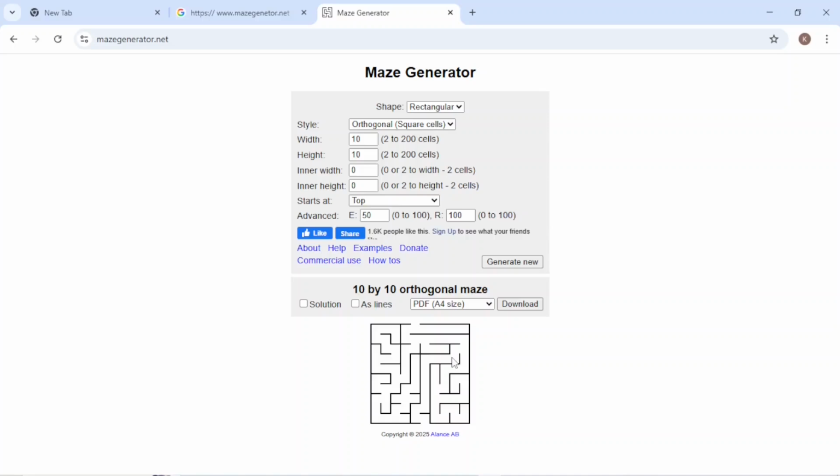If you want to change the style, that also you can do. Here it is mentioned start at the top or start at the bottom or inner room, you can do it. Here it's very simple. You can download it easily to your system. In whichever format you want, you can select from here. Here it is mentioned PDF, A3, A4, A2 size. I want it in image form, so I will take PNG and I just select the PNG and click on download. Okay, you can see my image is downloaded